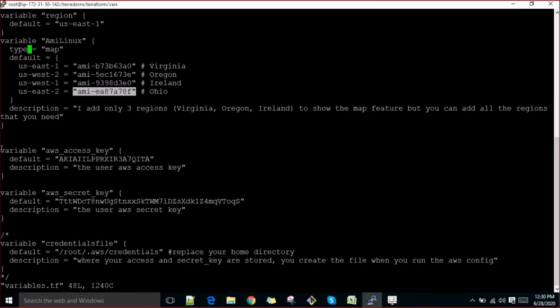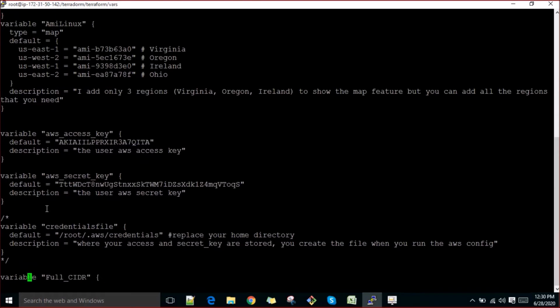The next variable we are defining is AWS key. Now I'm saying the default key name is this, right? Access key is the variable, and this will hold this value. And again I'm saying one variable, and the variable name I am giving is AWS key, and I'm giving this key here. The description is optional. If you want to put it, that's fine, otherwise, right?